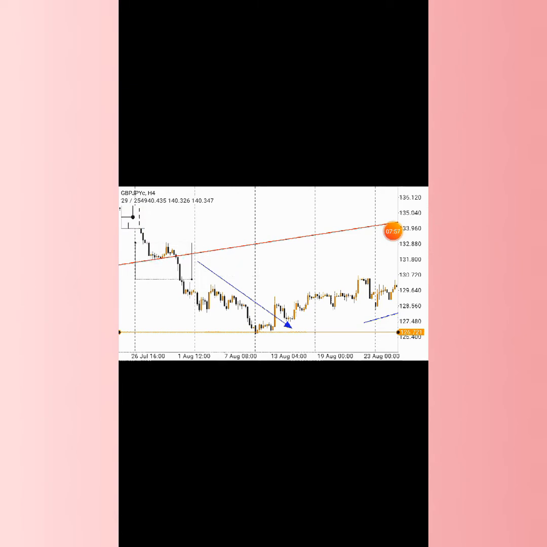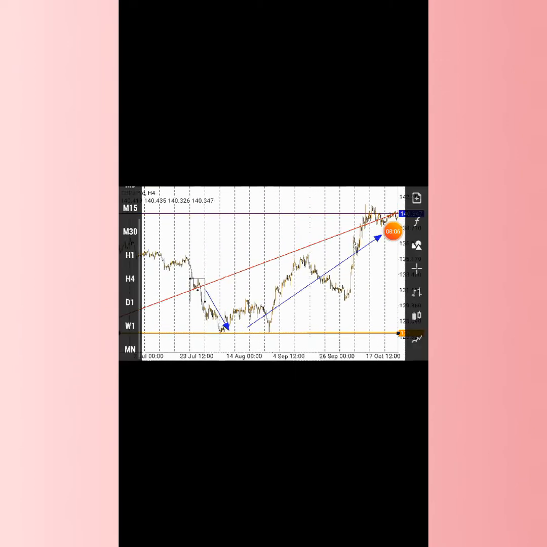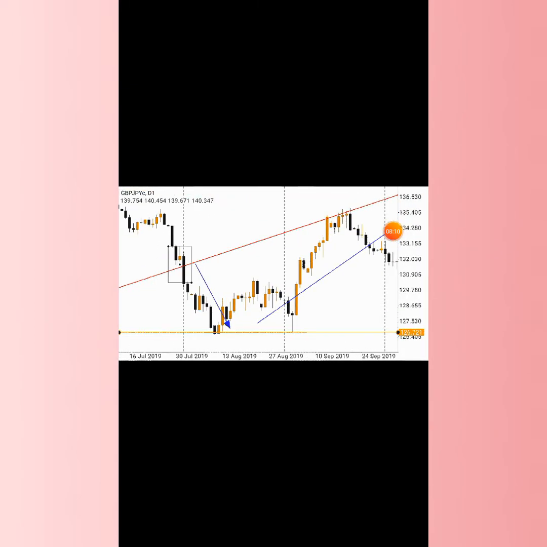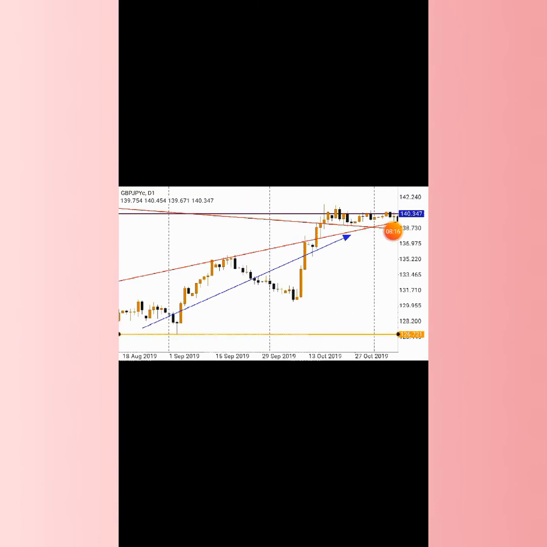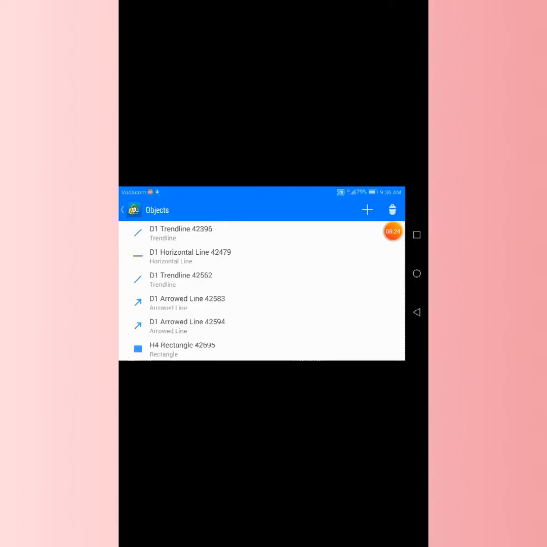You can realize at this zone, there's been a support, which when you zoom in back to D1, you'll see that your price bounced here and it went up and it broke afterwards. So the same thing happens when the price goes back to the trend line again. Then our price will bounce here,